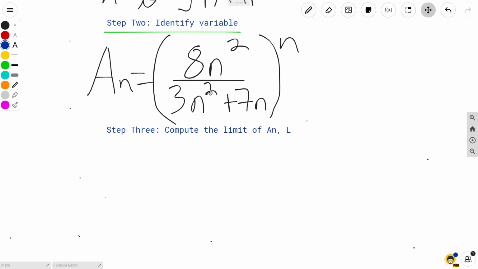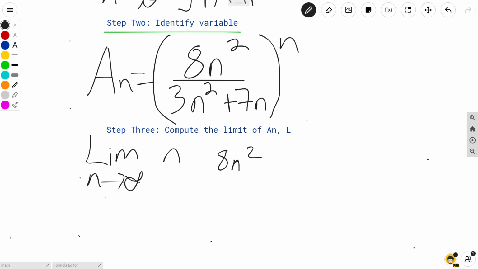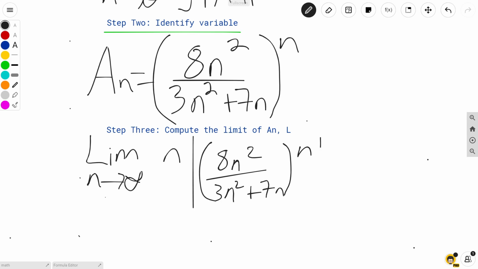The limit as n approaches infinity of the nth root of 8n squared divided by 3n squared plus 7n, the absolute value,